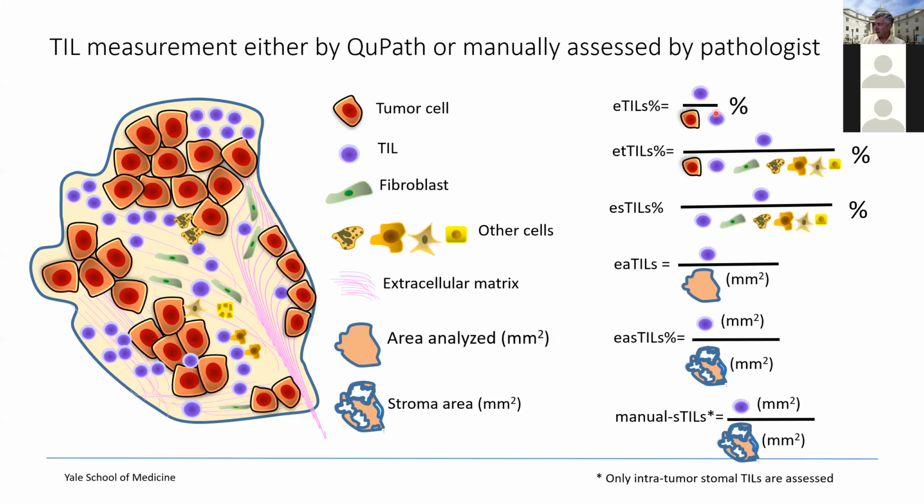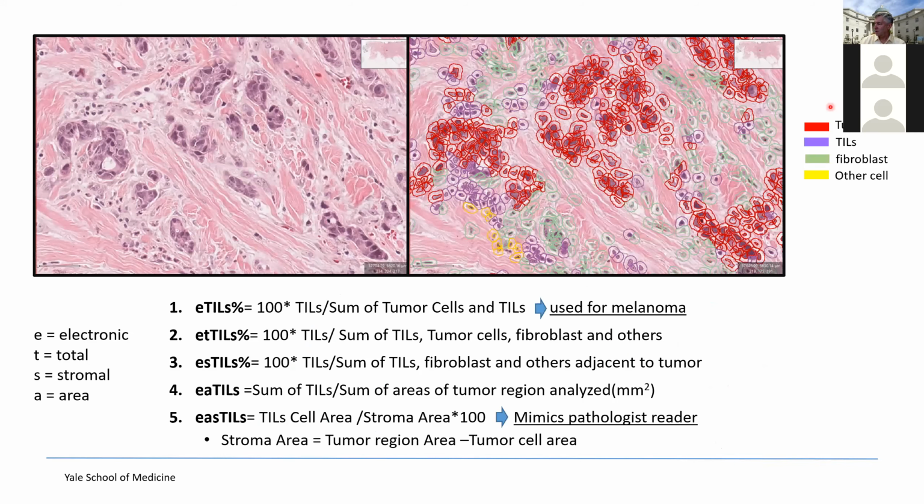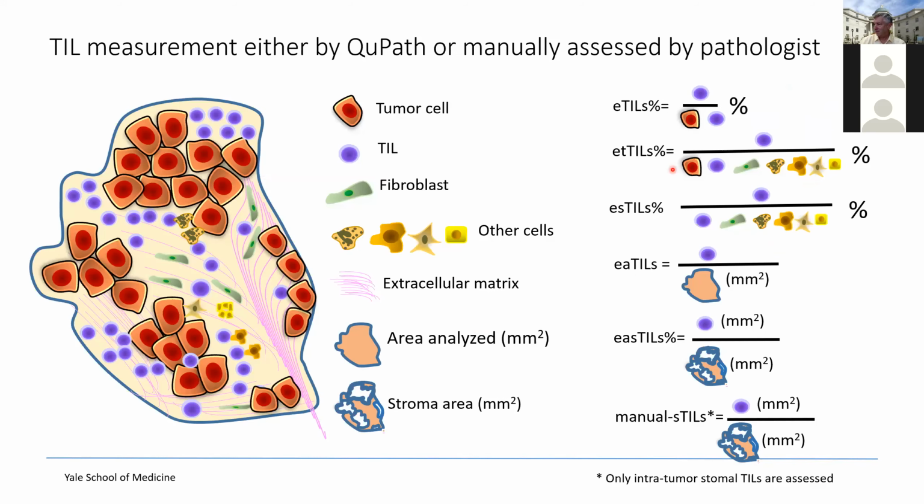But this was a kind of, there's lots of different mathematical formulas you can apply, and the only automation was actually picking these 4 cell types. And so this is what I hope we can use the automated part for, and then do things that pathologists can't do. That is, we could technically count every fibroblast and every other cell and put that in the denominator and count every lymphocyte, but that would be impractical. Instead, let's have the machine do that for us, and then look at different algorithms for defining each of the different potential